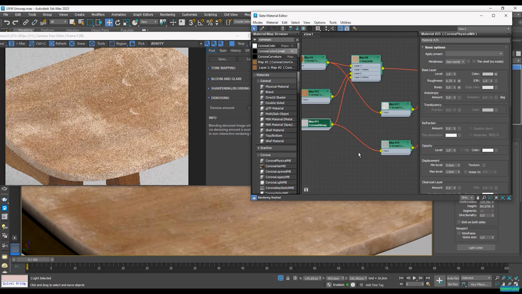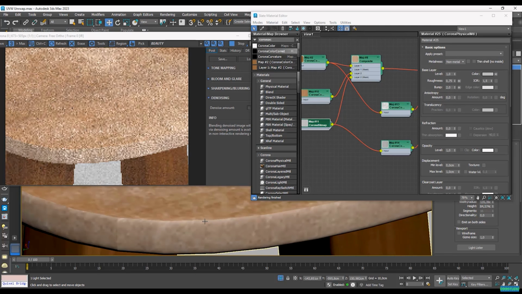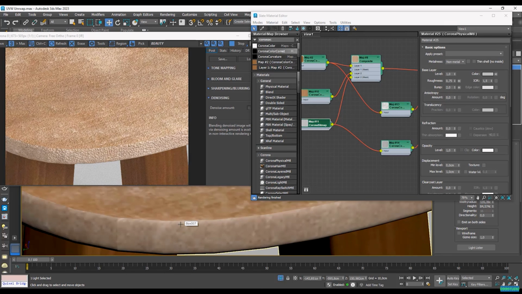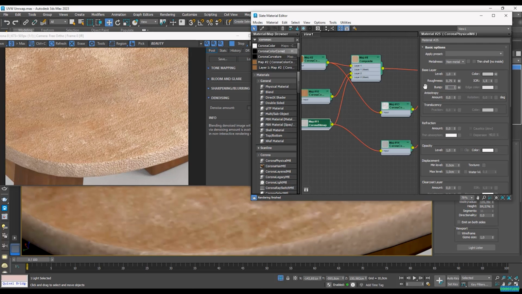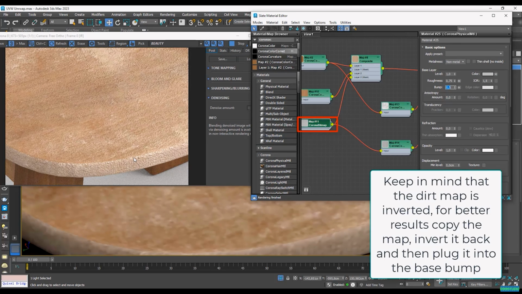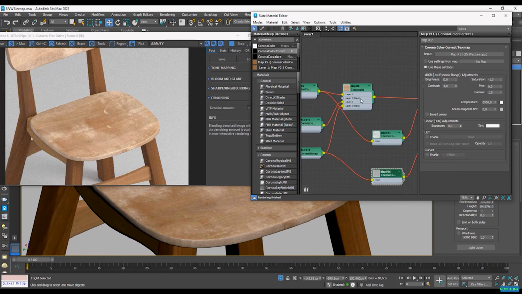So let's plug this in and let's reduce the bump to around 2. And now we've added some detail here to our borders, but it's a bit too much. We can leave it at 1 for the moment. It's still a bit too much. We can leave it at 0.5. Okay, so we're adding some more detail here, and I want to use an extra layer here in our composite